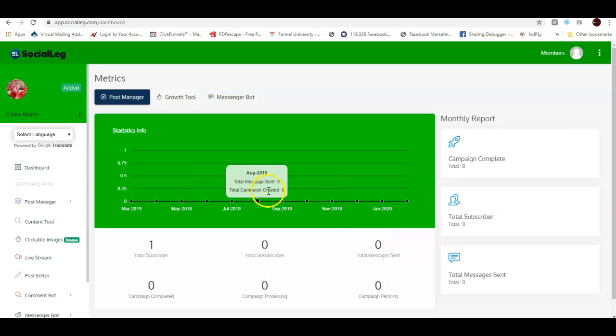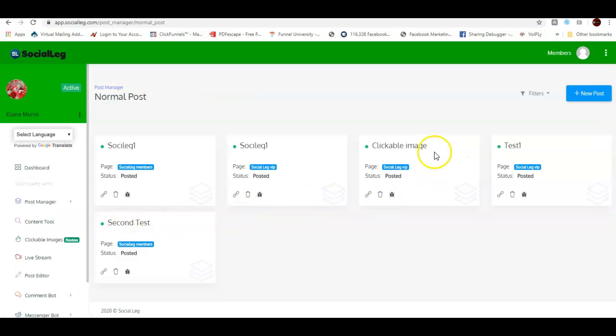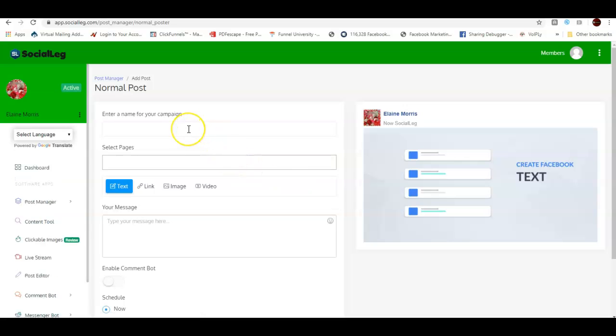Okay, everybody, we're going to use the first part of this software today. We're going to use the Post Manager, do a normal post. We'll be doing tutorials of all the different things that this can do. This is video 1, so we're going to start with a new post, and we're going to name our campaign,